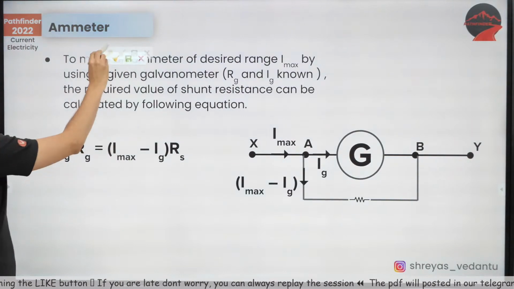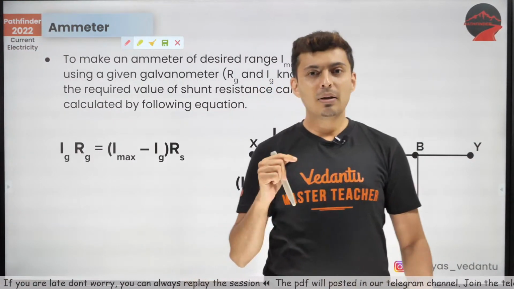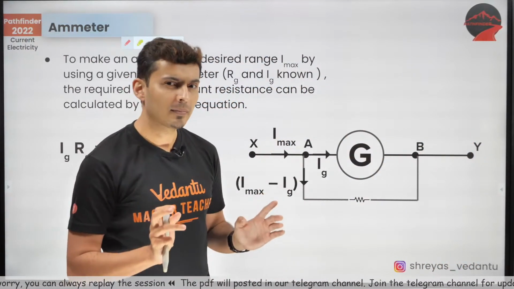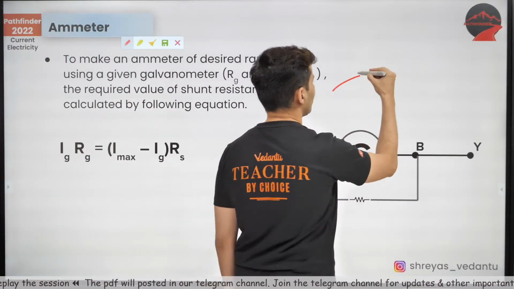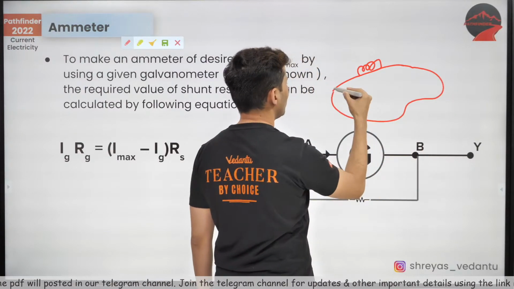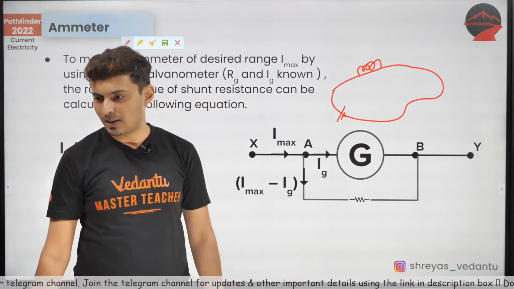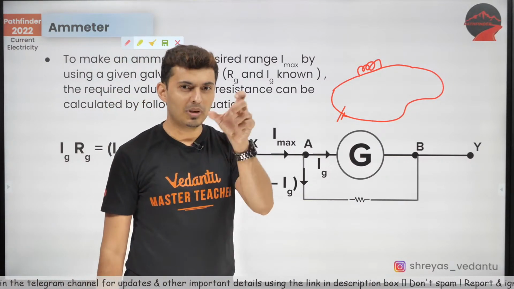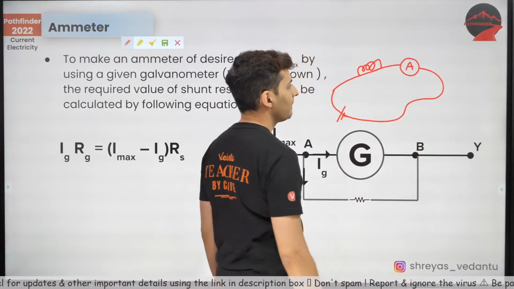But before that, let's see the theory for ammeter, voltmeter, and potentiometer. Now, what is an ammeter? Ammeter is a device to measure the current. Now, how will you measure the current? Let's say there is a bulb, and maybe there is a complex circuit, there is a battery and all of that. You want to measure the current passing through the bulb. What you need to do? You have to put an ammeter. How will you put it? In series. So that's the ammeter.